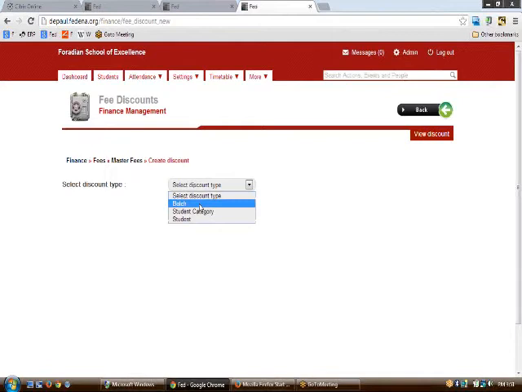If you want the discount to be affected for the whole batch, then you can click upon batch. If you want the discount to be affected for a particular student category, you can do so. If the discount is to be on a particular student, you can also do the same by using any of the preferred options from the drop down list.